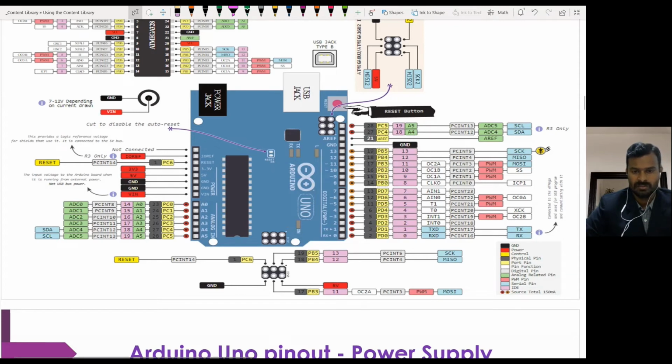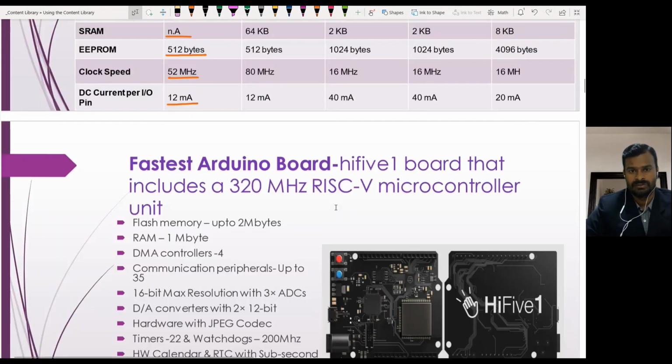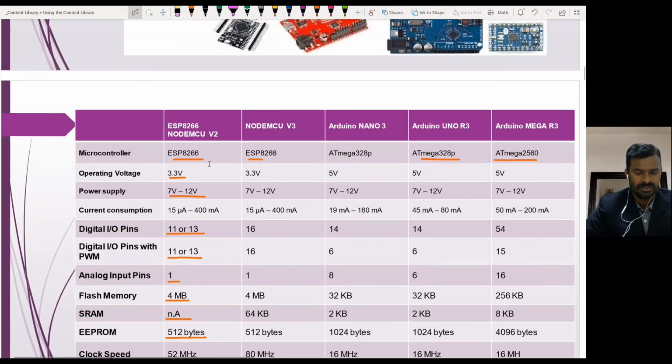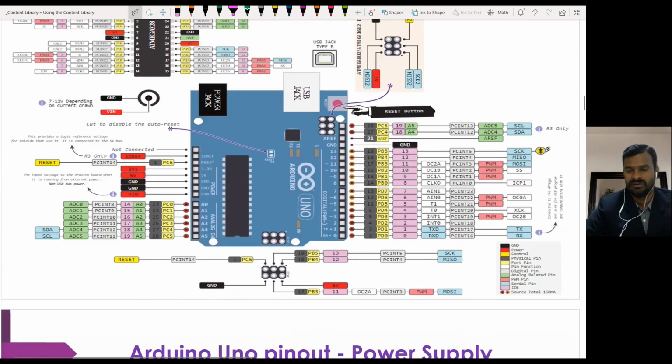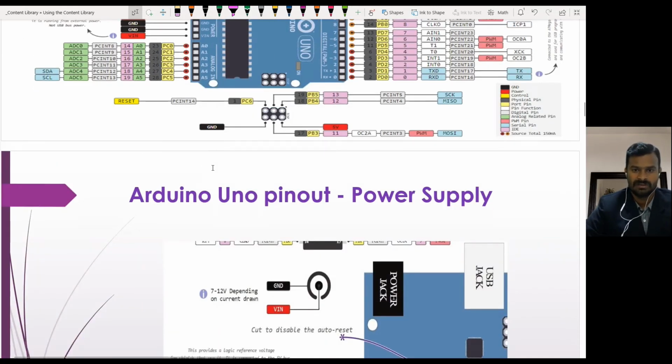Based on the board, the pins where SCL and SDA are connected will be different, and the number of RxTX pins differs. Here there is only one RxTX available, but in Arduino Mega we have more RxTX pins available, and in the NodeMCU also. So the configurations can be different, but the purpose remains the same.